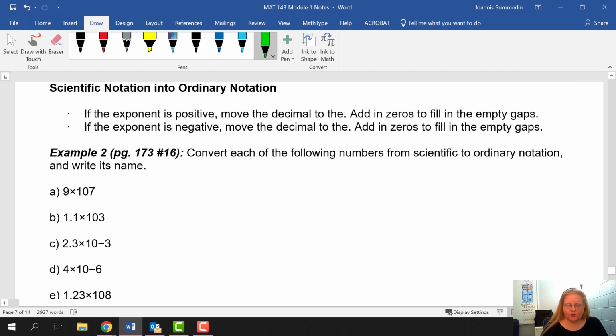Scientific notation into ordinary notation. If the exponent is positive, move the decimal to the